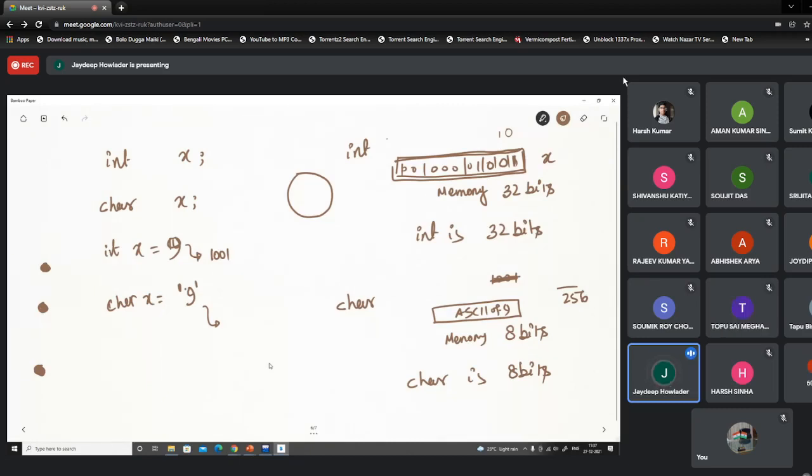We are storing something different, based on a standard coding mechanism. This coding mechanism is called the ASCII code, and it is used globally. It is a global standard, and every computer works on that basis.